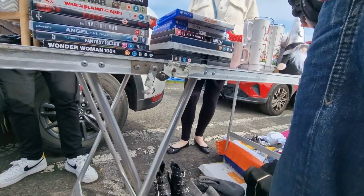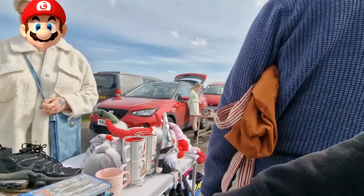Not bad. The next two pickups are actually going to be games that I'm going to take straight to CEX. That is right, we are going to go to CEX today, because not only did I find a couple of things in the boot sale worth trading, but I also have a stack of games that I still need to trade in. We'll get to that in just a second, but the first pickup is going to be nothing special,